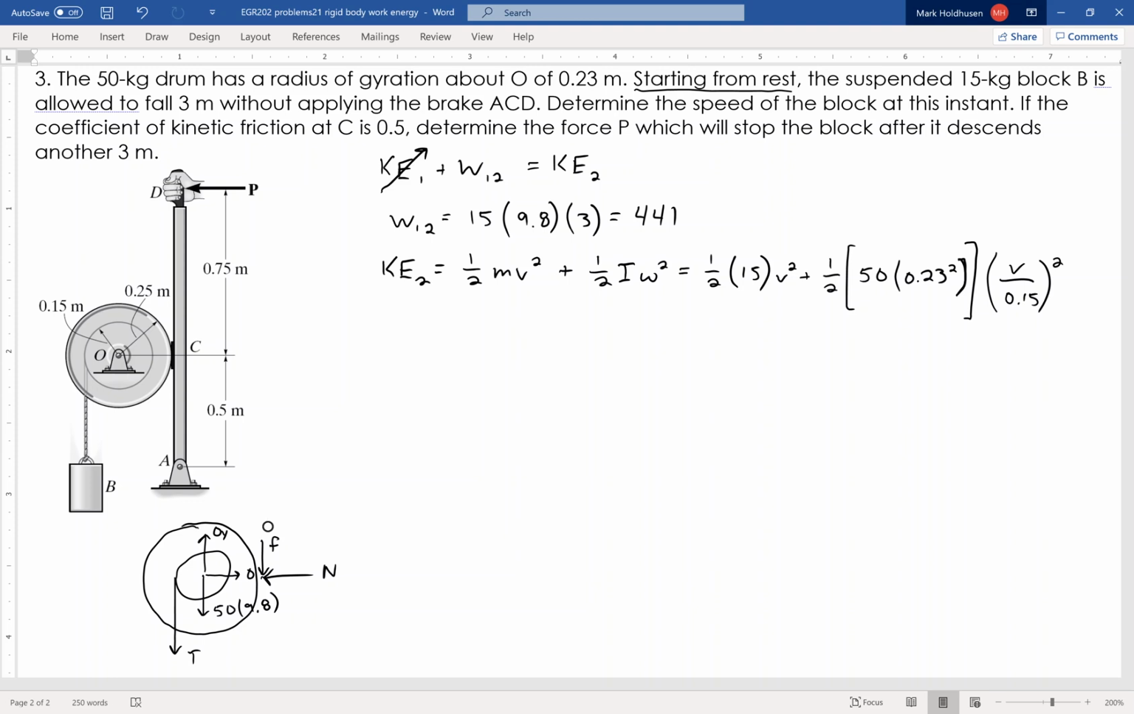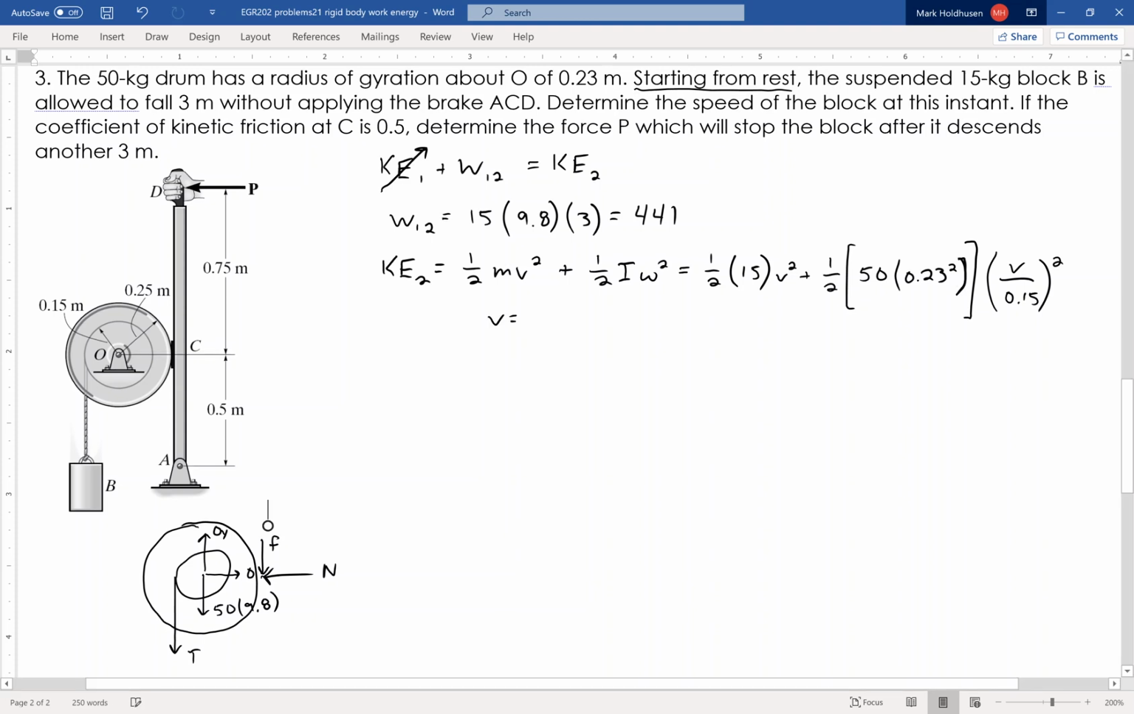Okay, so again, this all is based on the velocity. The rotation is related to the velocity by that radius of 0.15. So my kinetic energy is just a big old equation that just has V in it, right? My work is 441, so essentially that 441 has to equal that big ugly equation. And from all that, I can find the velocity at this point is